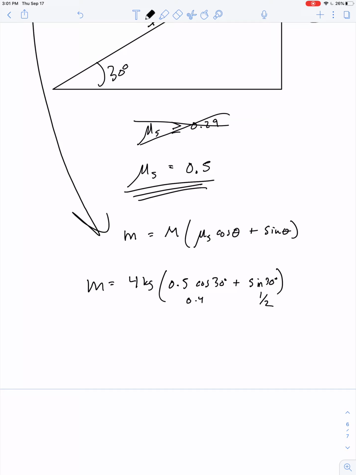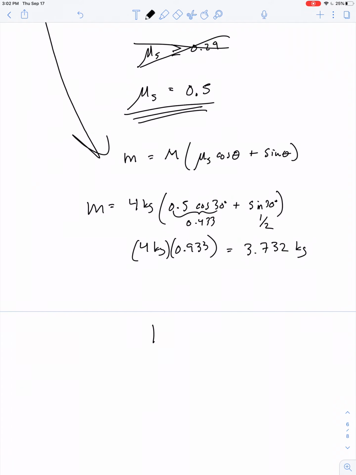This is 0.433. So 4 kilograms multiplied by 0.933 gives us 3.732 kilograms. But remember, there was already 3 kilograms here, and the question was how much additional mass. So the additional mass would be